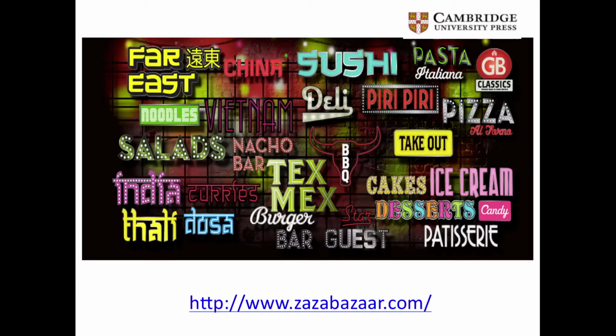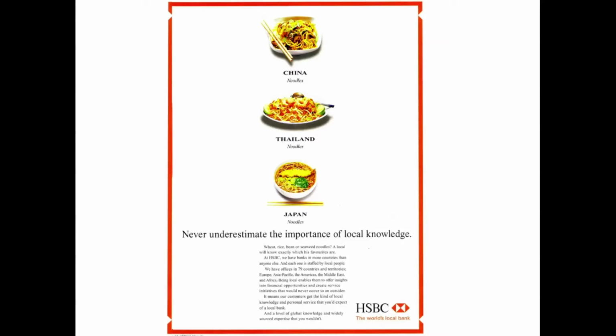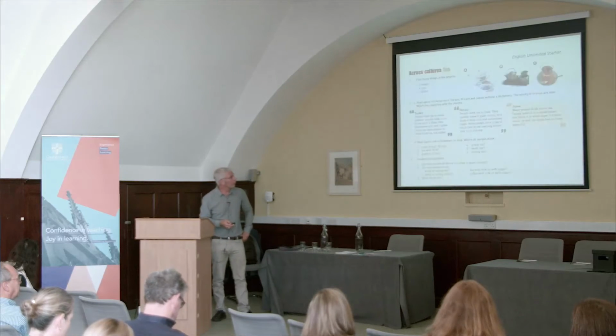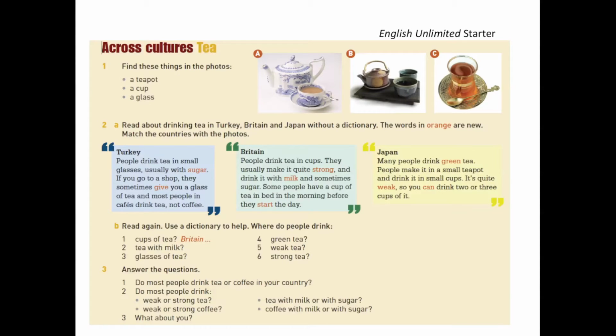Talking about noodles, Francis mentioned from the H-Space, using adverts like this. So this is the concept of noodles in China, in Thailand and Japan, but they're all called noodles, but they all have a different meaning. And this one from English Unlimited, again looking at the concept of tea. Okay, so what is tea? Tea is very important in this country, analysing these different cultural constructs and what different significance and meaning they can